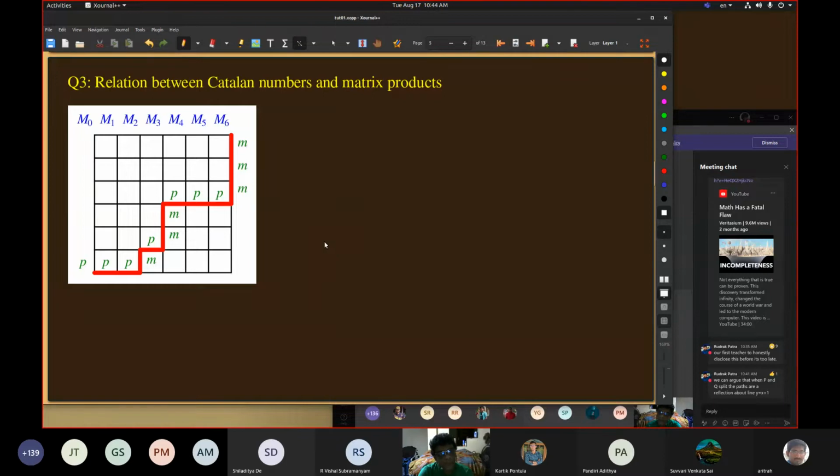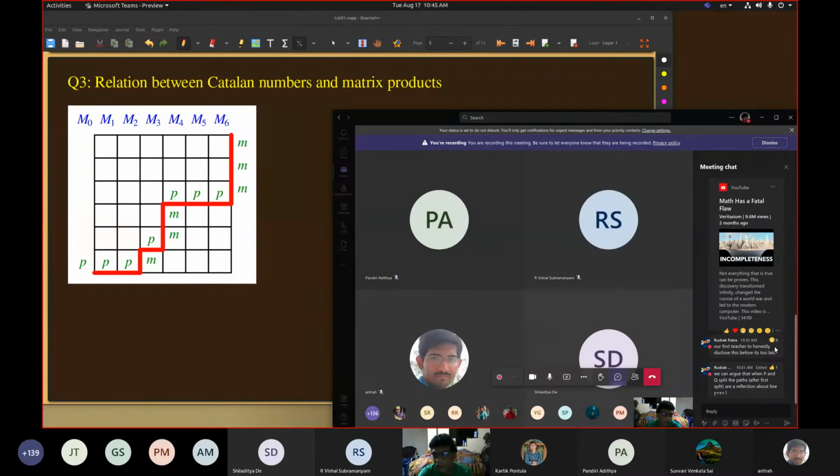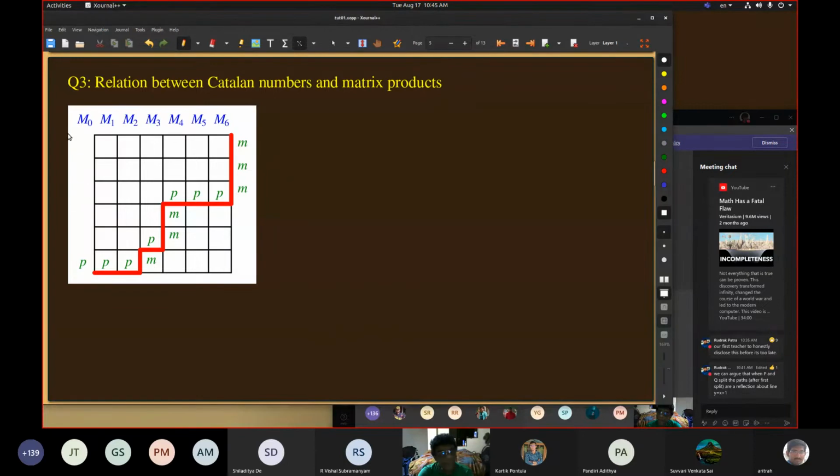So I just mentioned in the lectures that the total number of ways of parenthesizing the product M0, M1, M2 up to Mn is exactly equal to the nth Catalan number Cn. Why? So somebody asked the question, why? How can we establish that